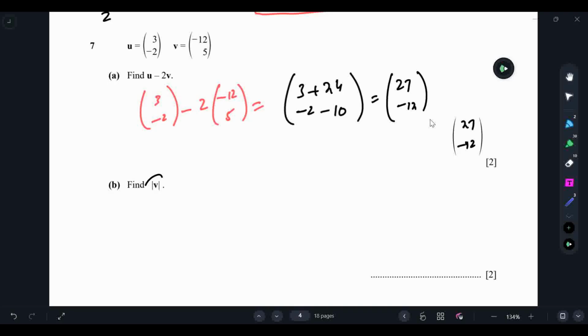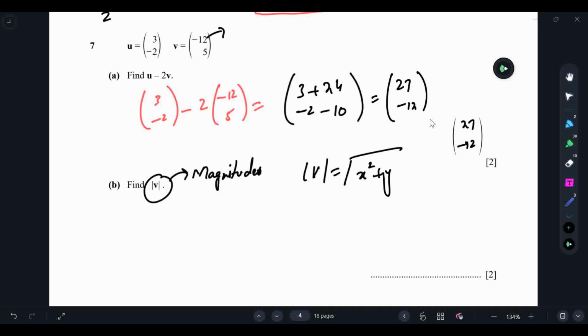Now this is the symbol of magnitude. How to find the magnitude of these vectors? Now how to find the magnitude? The formula for magnitude is square root of x square plus y square. And we know that this one is the x coordinate and this one is the y coordinate. So magnitude of V will be equals to -12 square